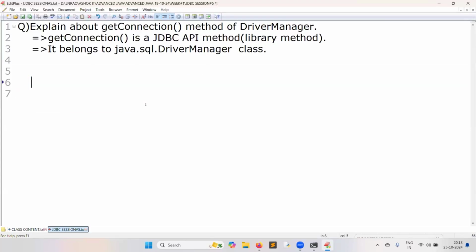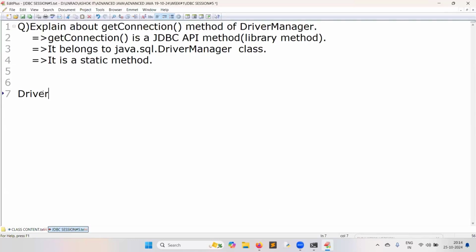Let us come back. We are talking now about the getConnection method. It is a library method. It belongs to the DriverManager class. It is a static method. If it is a static method, you can call it with the class name dot.